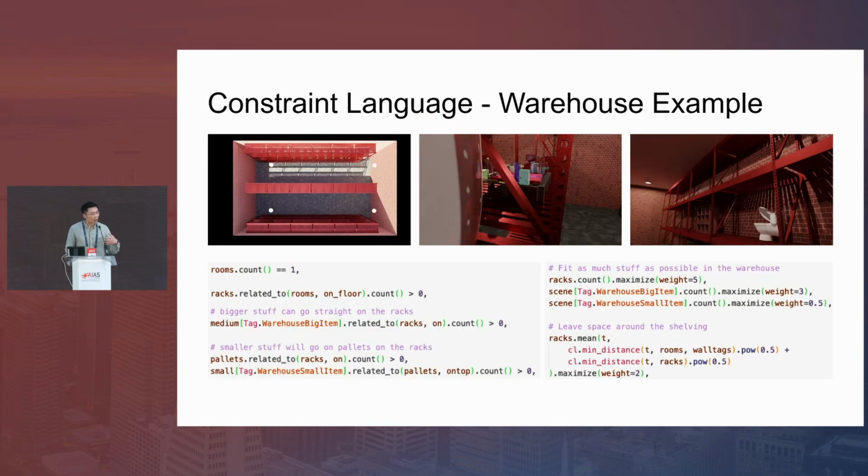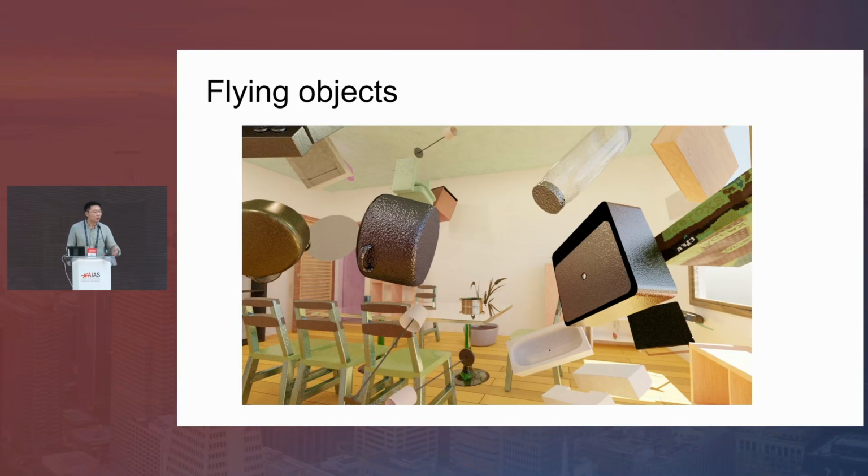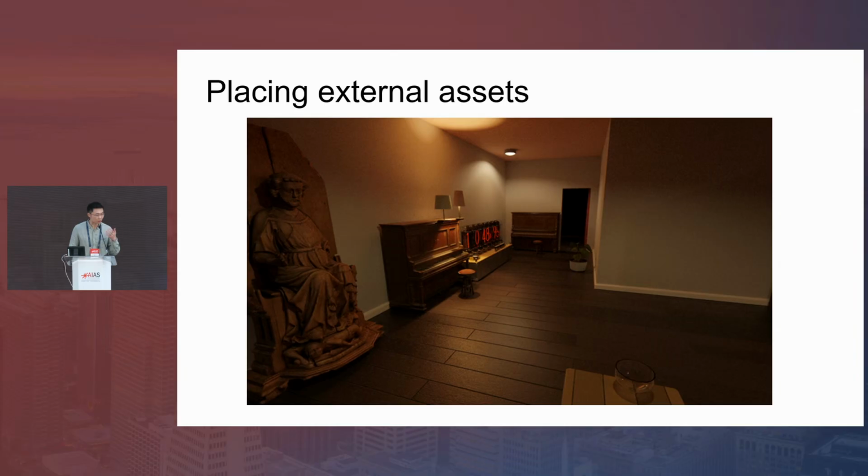And we also have a domain-specific language for users to specify particular constraints they want in the arrangement of objects in the scene. For example, you can write a little script with a few lines of code to say what you'd like a warehouse to look like. For example, you can say, I'd like the small objects to be packed densely, or I'd like the shelf to be arranged in a certain way. You can also say, well, I don't want any regularity. I just want an object to fly randomly in the room. That's also OK. And you could also place external assets into our procedurally generated scenes.